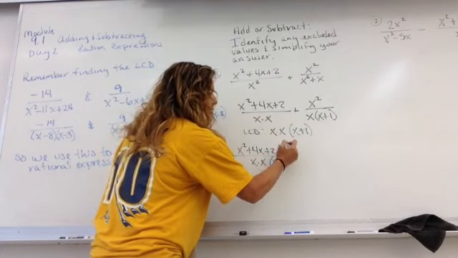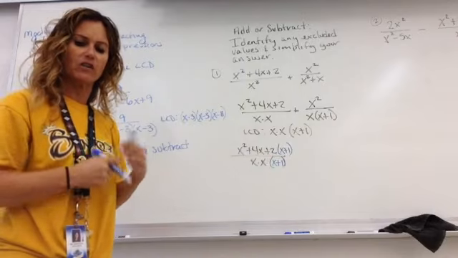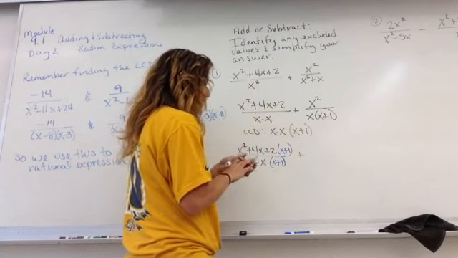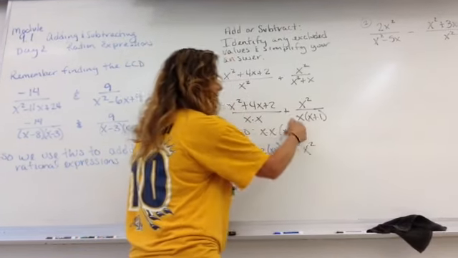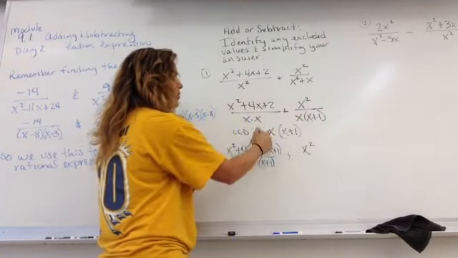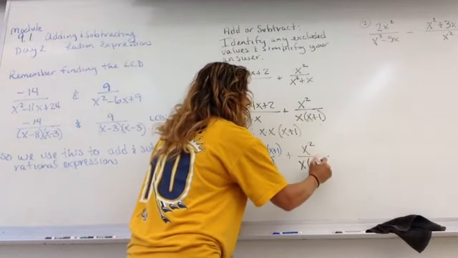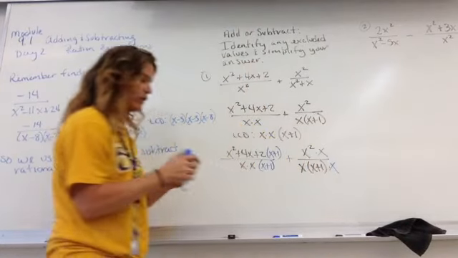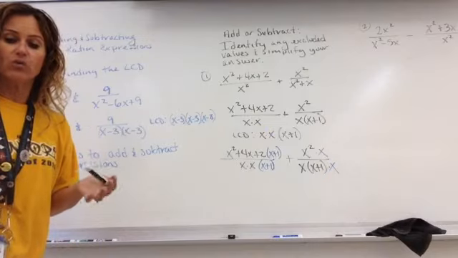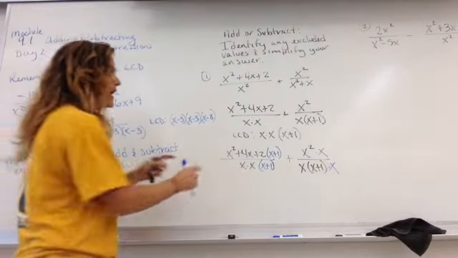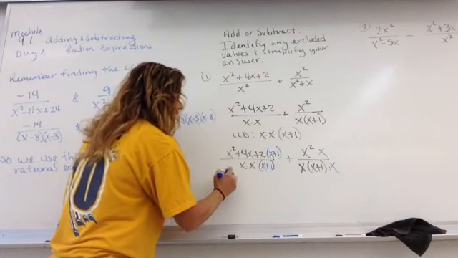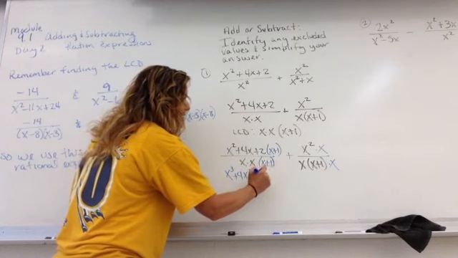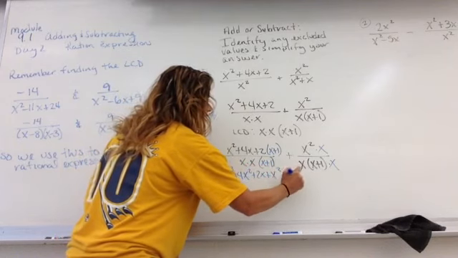So we have to multiply the same thing to the numerator, because remember, to keep our fractions balanced, we have to multiply top and bottom by the same. Over here, this numerator has x squared. It already has 1x and an x plus 1. So it's only missing an extra x. Whatever I do to the denominator, I must do to the numerator. Now, we actually do need to multiply things out. When I distribute this, I get x cubed plus 4x squared plus 2x plus x squared plus 4x plus